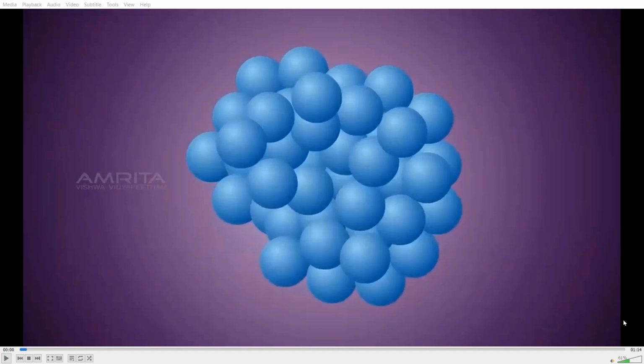Now today we are just going to discuss matter. What is matter? Matter is one type of substance that has some mass and occupies some space. But what is matter made of? If we take some examples, like a bottle, a cup, a table, a chair, a laptop, a mobile, a tablet, whatever substances that